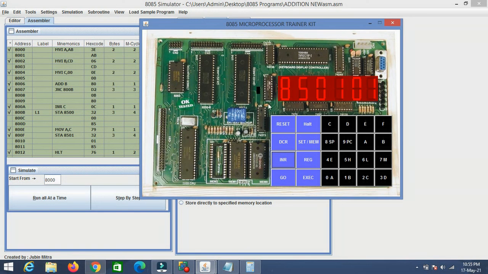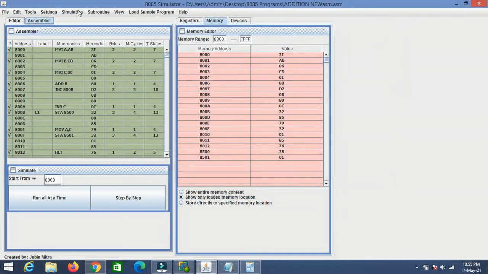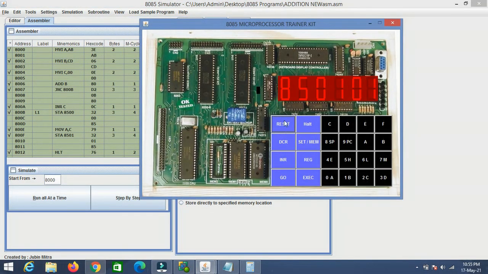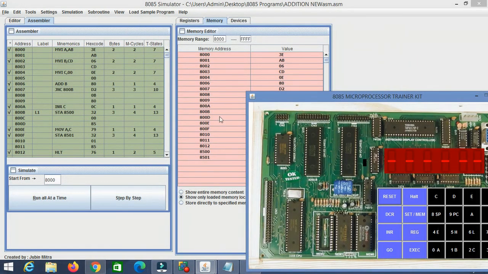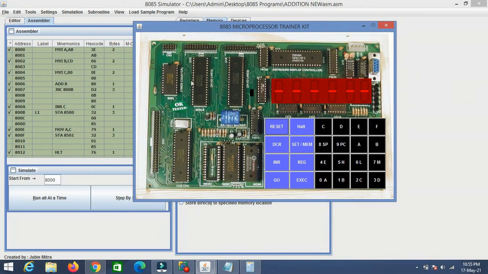So that is for now. We have just worked out an addition program. Now you can easily change the program to subtraction, multiplication, division. Likewise you can work out. All the programs can be visually shown here using the microprocessor kit. Once you assemble properly, the program will be loaded in this microprocessor kit. For that you must go to the view, 8085 microprocessor trainer kit. You could get the program whatever is being simulated. First you get the result from here. Once it is correct, then you can easily visualize using the virtual microprocessor trainer kit.